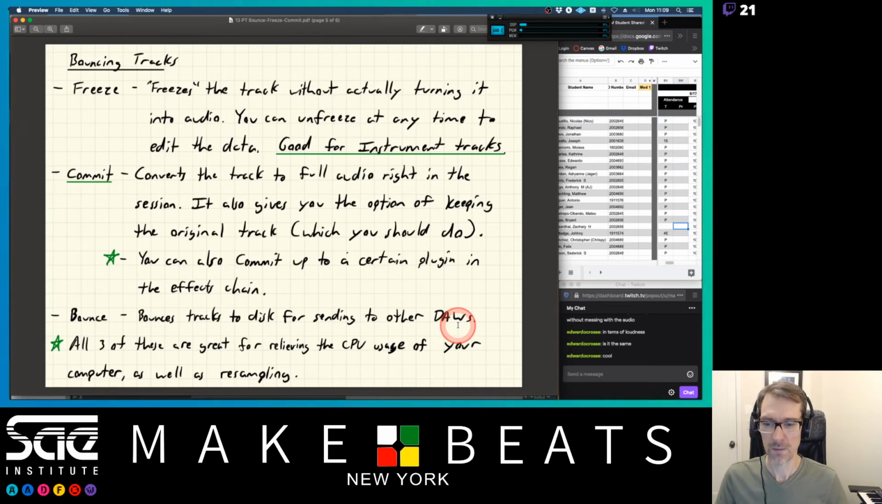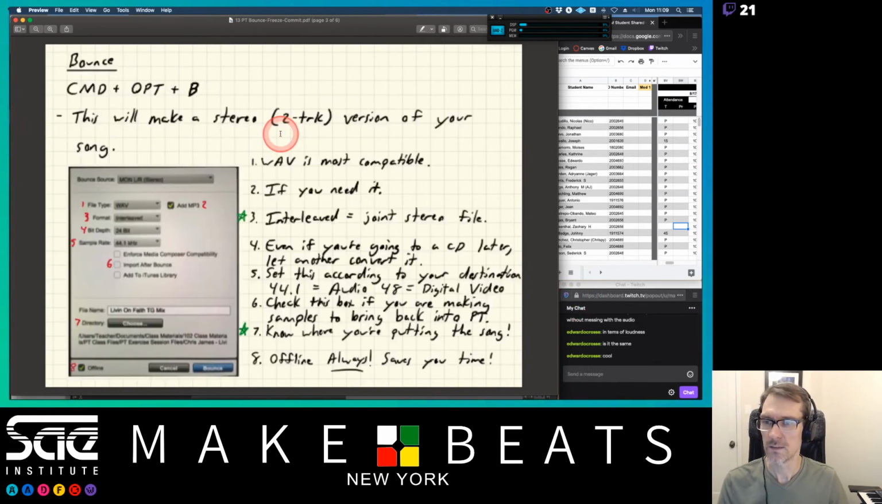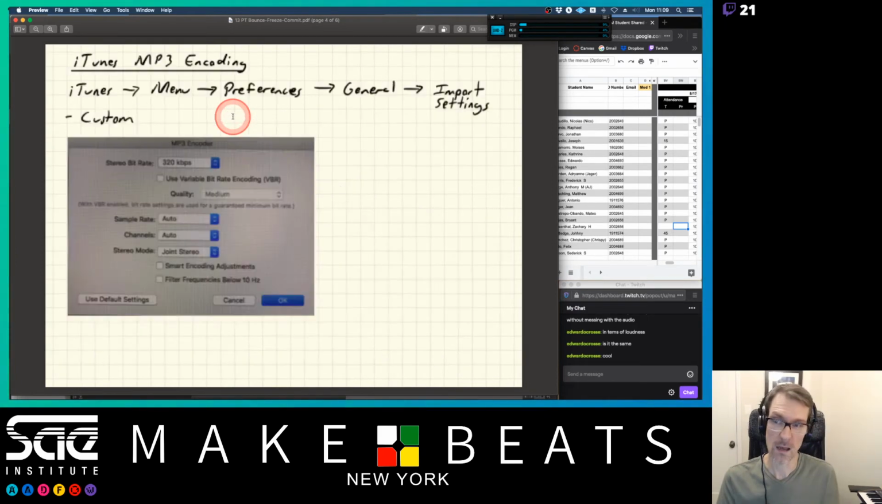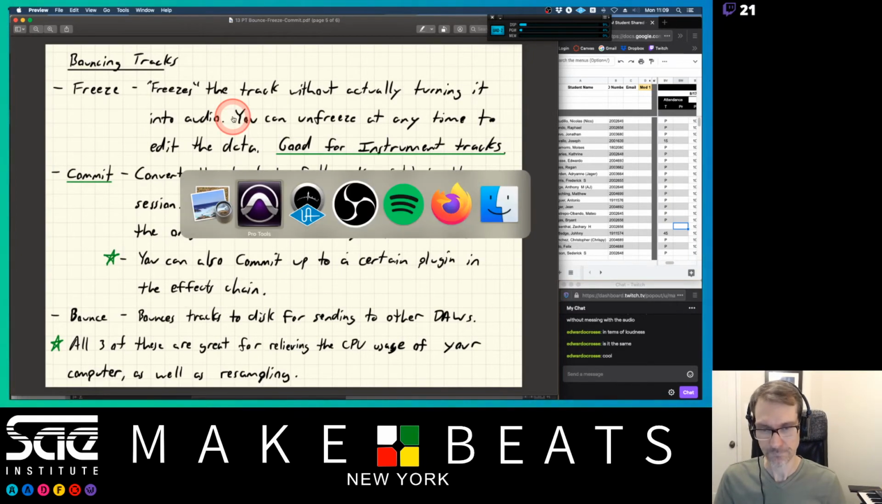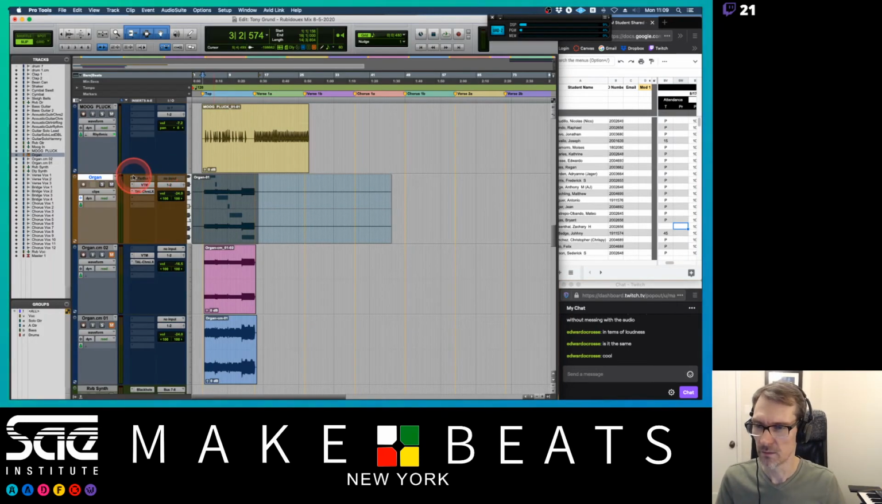Now bounce bounces the track to disk for sending to other DAWs, and it's very similar to this one here where we bounce the whole thing down. But if we want to stem out the track, so we want to make stems for somebody else to mix or somebody else to use in another DAW, we use bounce. And the way we do this is, let's go into, I'm going to go ahead and